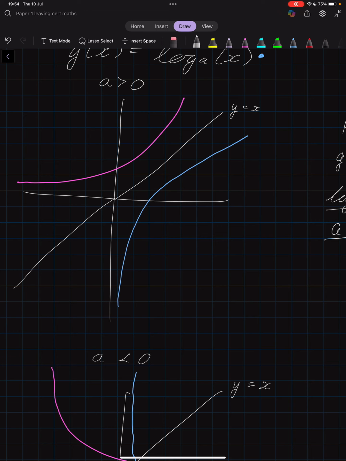The next thing I'm going to do is transformations and then do some injectivity, surjectivity, and bijectivity as well. But